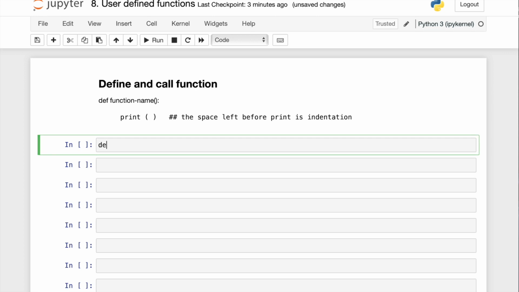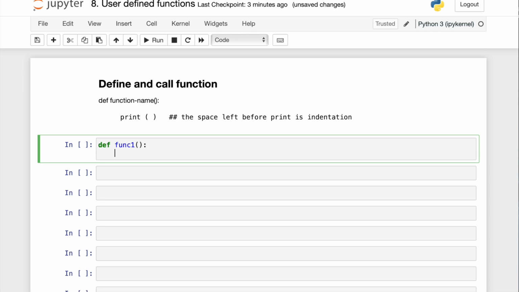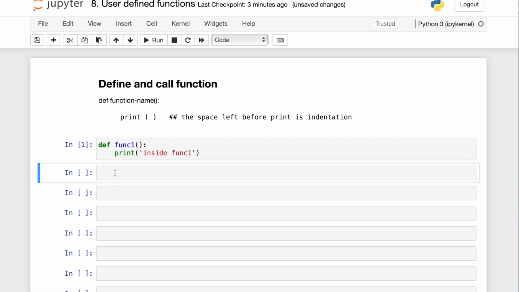I'm defining a function. Define, it's a keyword. Define function one, the first function I'm defining. The space is not mandatory. I'm just giving the space for clarity. So as I have pressed enter, it starts from here, not here. This is indentation, inside function one. Okay. And if I call function one,